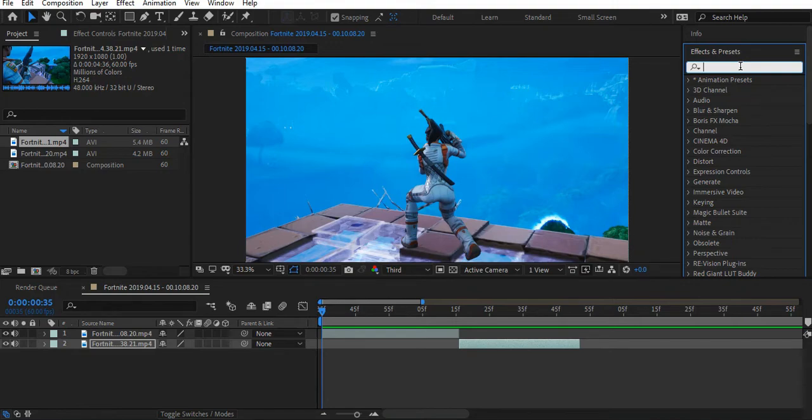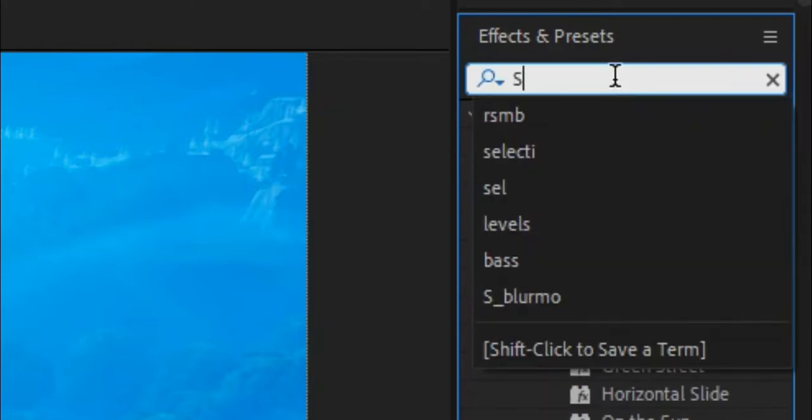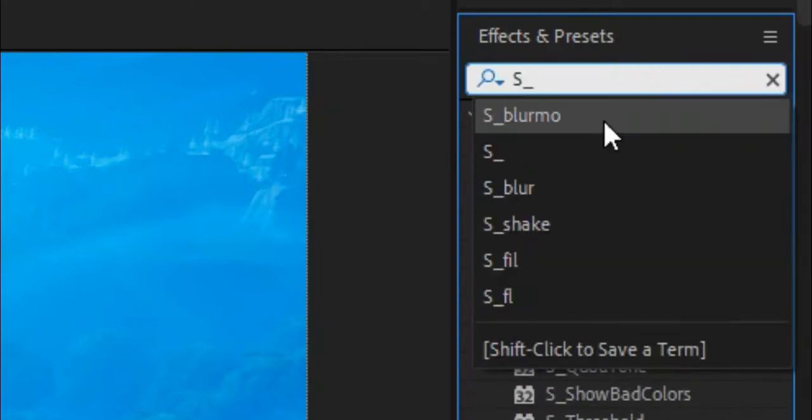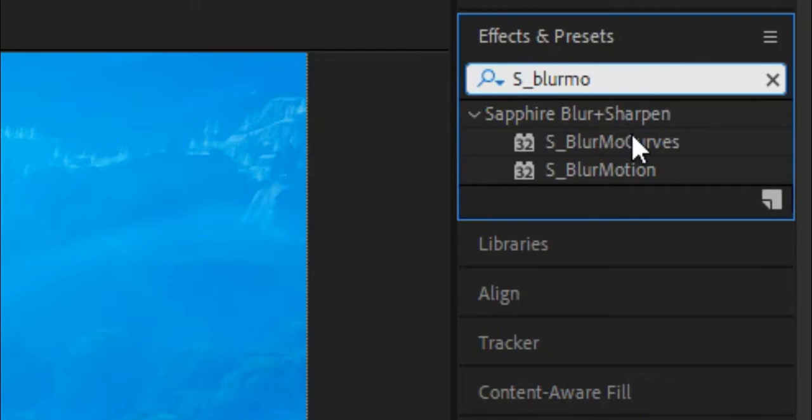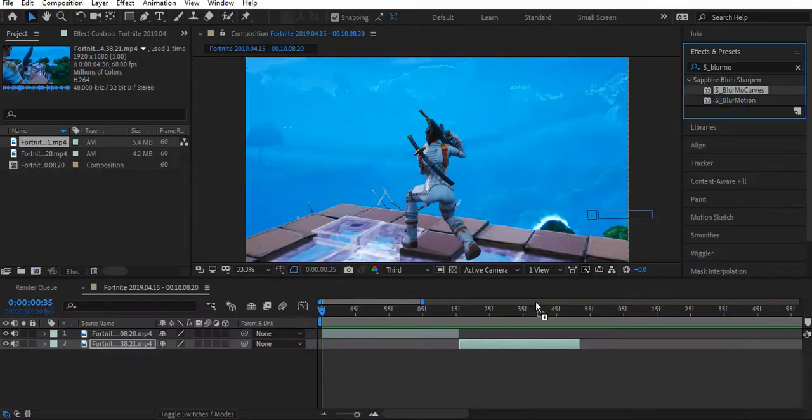It's free, you can download it somewhere. Just search up Sapphire plugin for Adobe After Effects and you can download it. It's easy to get and it's really useful. Once you have that, push S underscore and then blow curves, and you're going to drag and drop it into